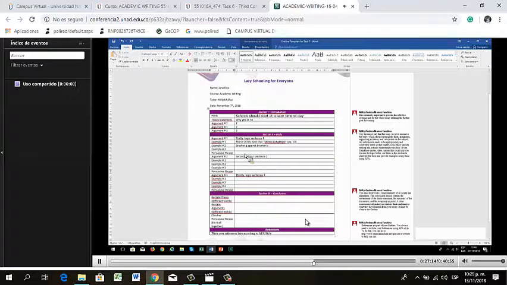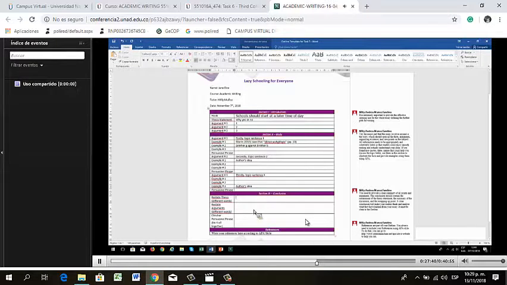Okay, and here you can have another author's idea to help you out with your example. Here you can have another author's idea to help you out. Okay,